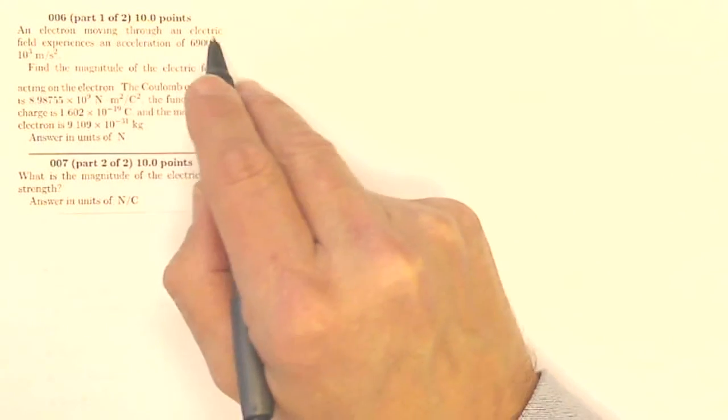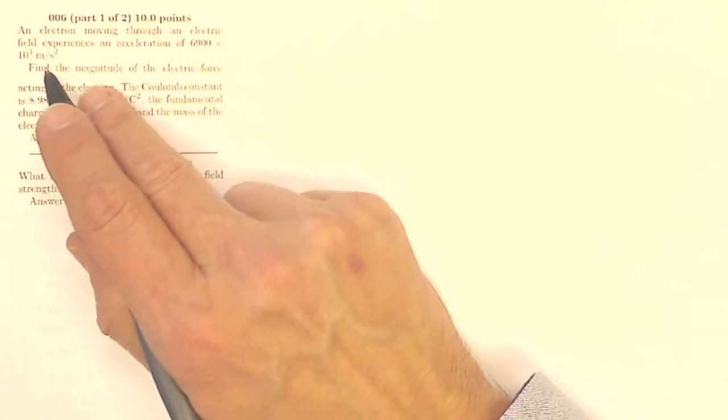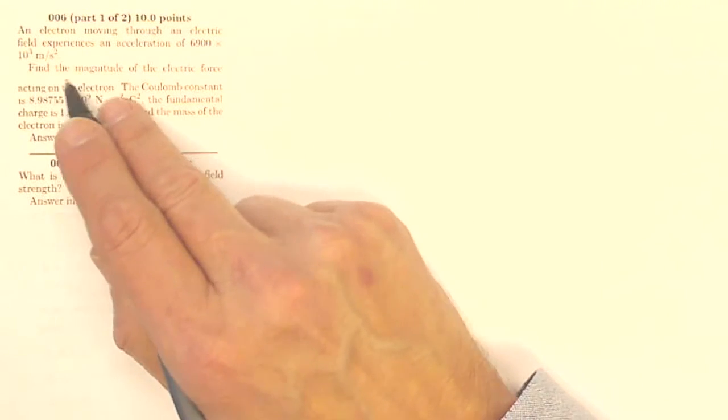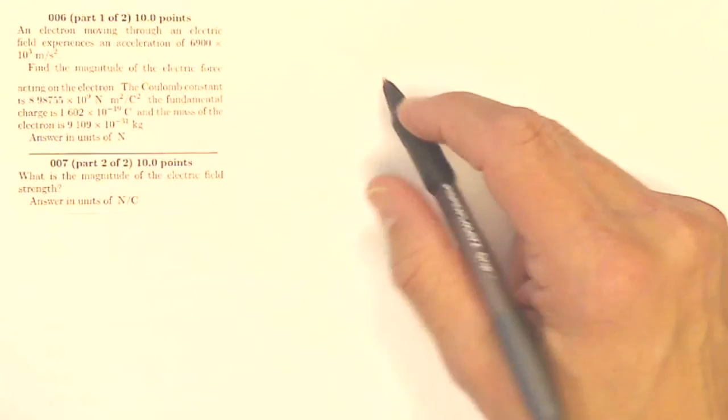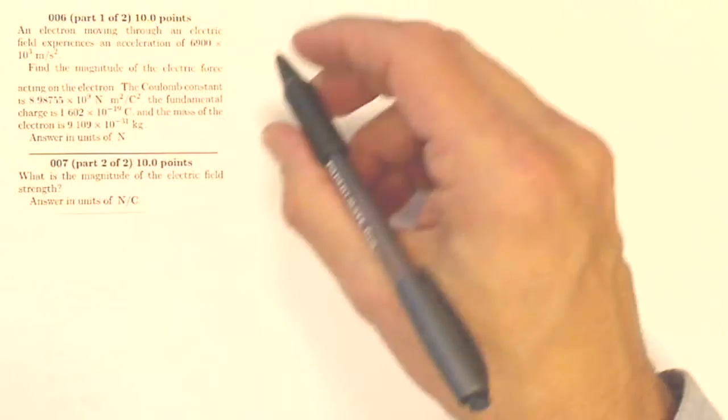This is physics homework number 20, questions 6 and 7. An electron moving through an electric field experiences an acceleration of 6,900 times 10 to the third meters per second squared. Find the magnitude of the electric force acting on the electron. The Coulomb constant, the charge, and the mass are given. Well, I'm looking for the force, and I know that it's accelerating at